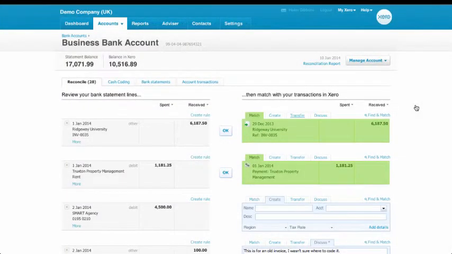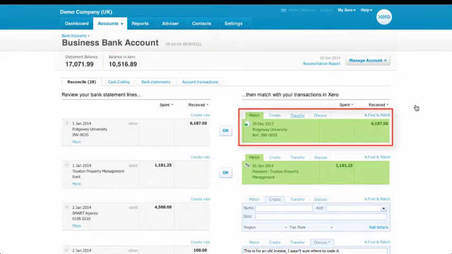In Xero, the imported bank transactions are on the left of the screen, and you match to or create the transactions on the right-hand side of the screen. At the end of the reconciliation, the statement balance and the balance in Xero should agree. The top transactions that we can see here is where Xero has matched a bank statement line to an invoice